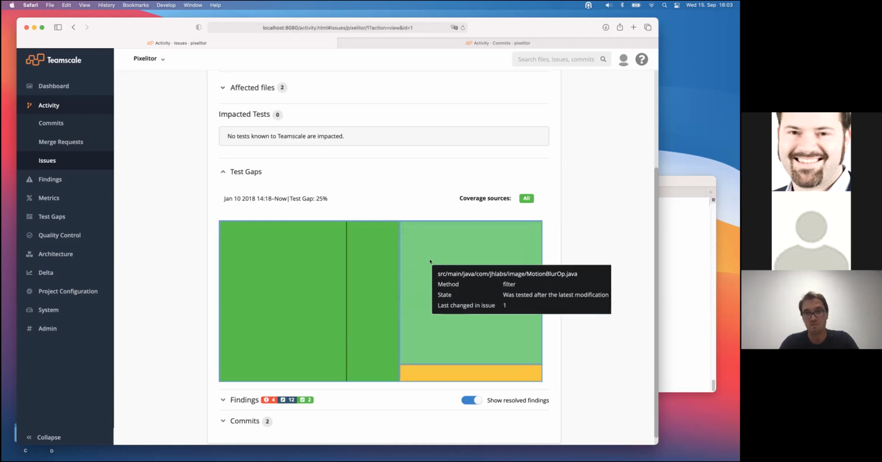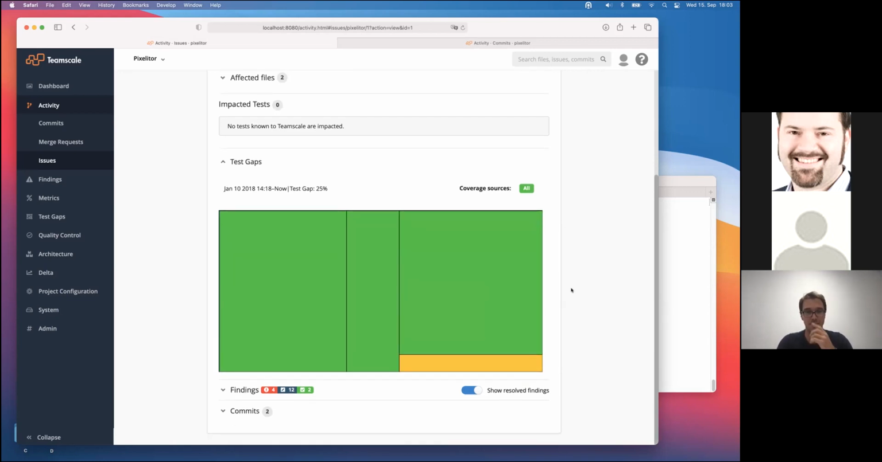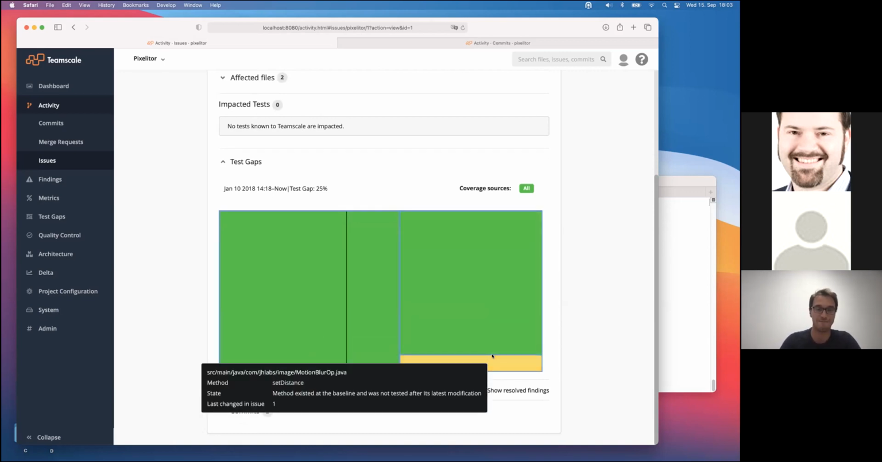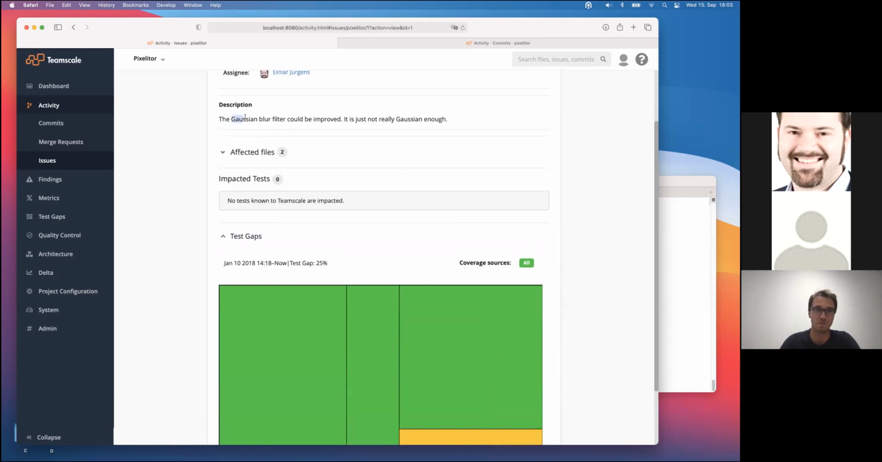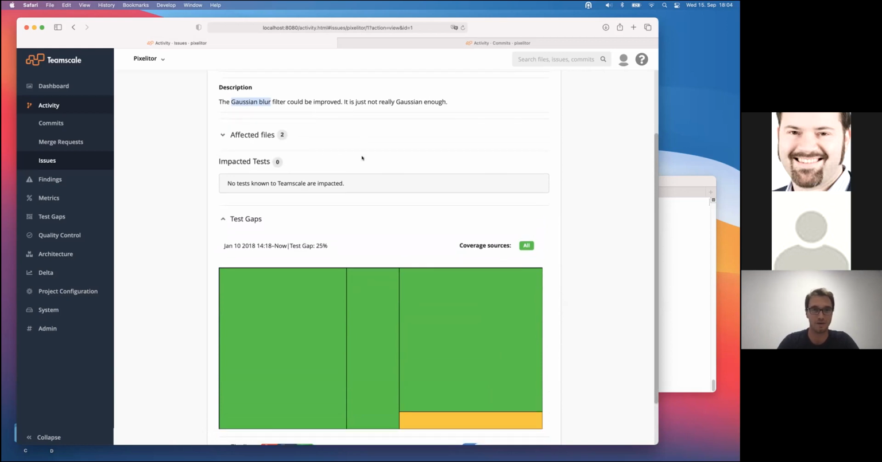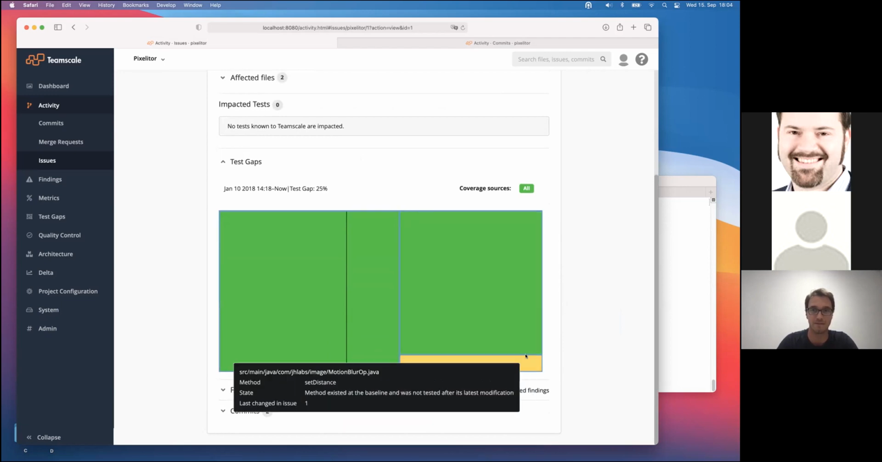So 3 or 4 methods are covered. That is good, but I'm a bit confused because there's 1 method left that is untested. And I have tested the Gaussian blur filter. There's nothing more in the ticket description what I should test. So I could ask Elmar, but I will just have a look and try whether I can find it out